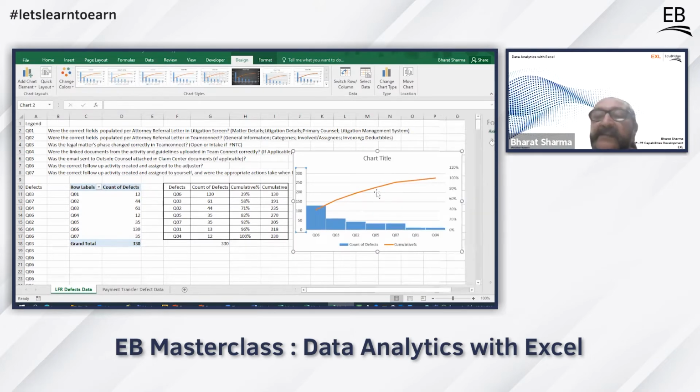So this tells me that question 6 went wrong 130 times, followed by question 3, followed by question 2, 5, 7, 1, and 4. But I want to see what is the contribution of those 20%, which is adding to the 80% of the errors. All I need to do is look at this 80% mark here,